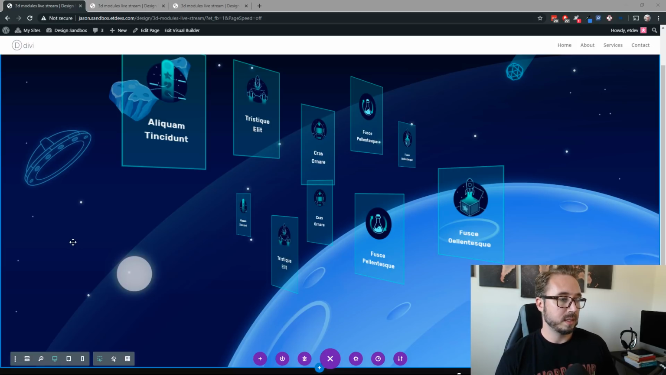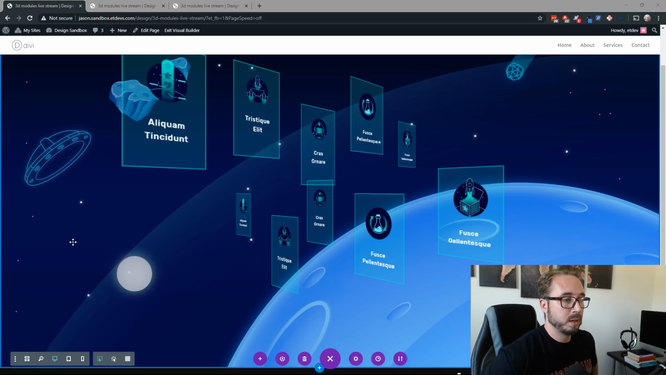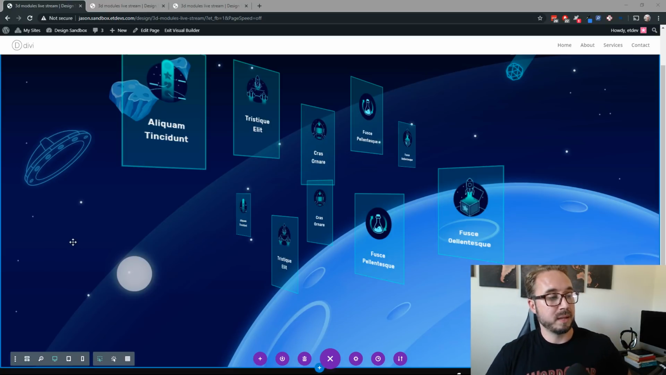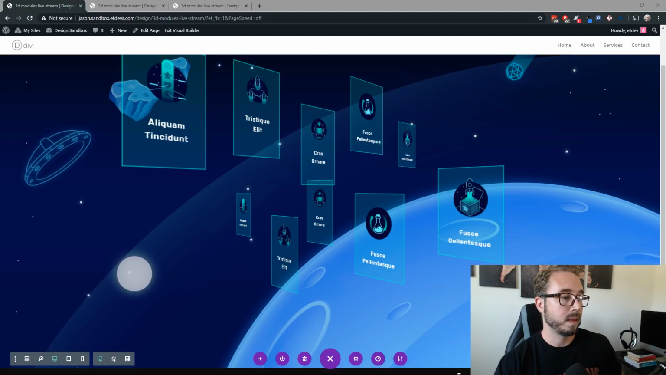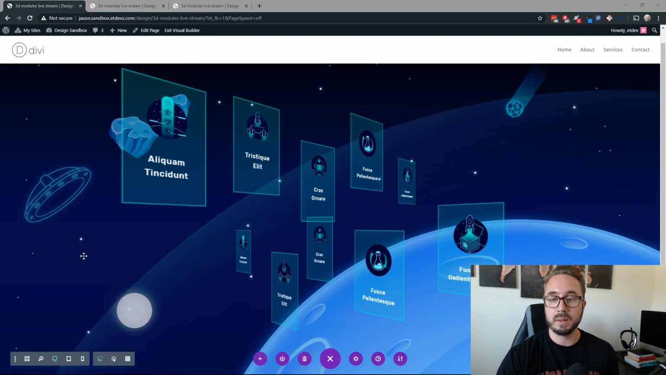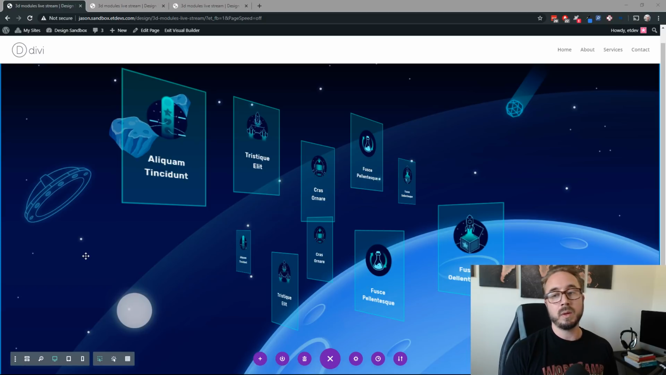So let's see, is there a way to have each individual blurb module pop back to default perspective instead of the entire row? I'm assuming when you say pop back, you are referring to a hover effect. Let's see, maybe pop back to default perspective. I'm assuming you may be referring to a hover effect. If not, if you're wanting to, you know,